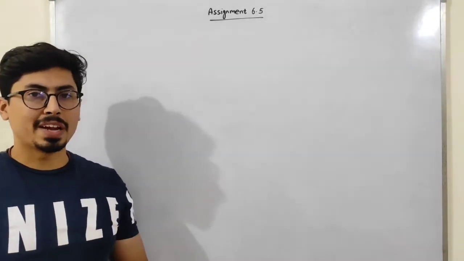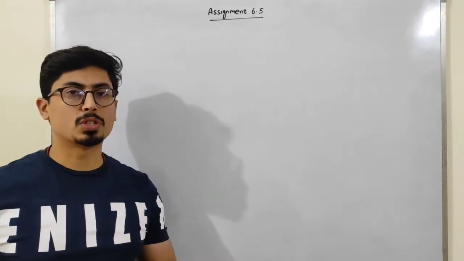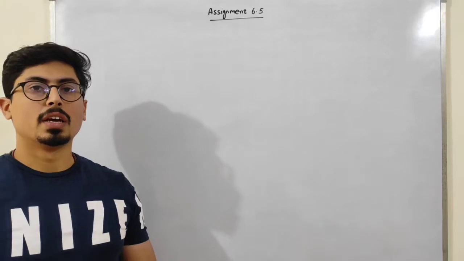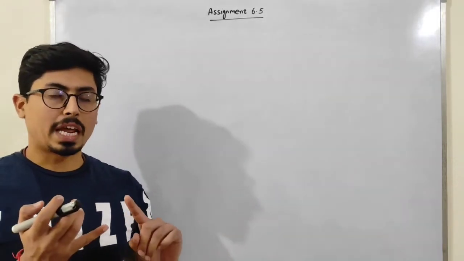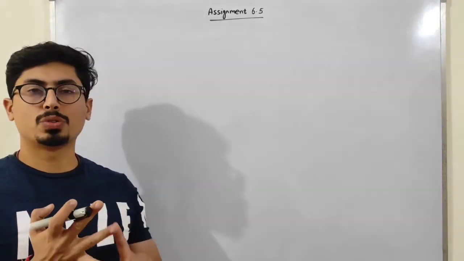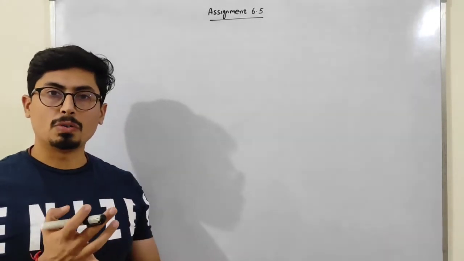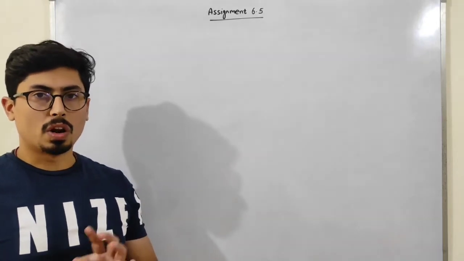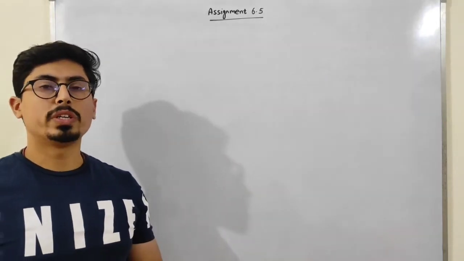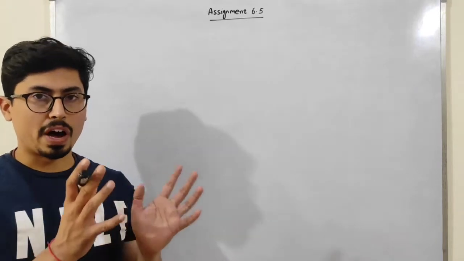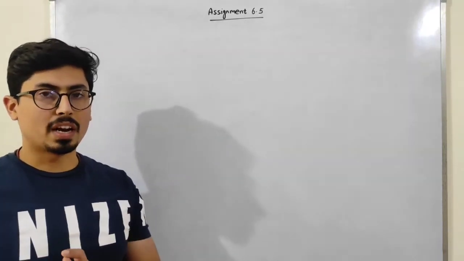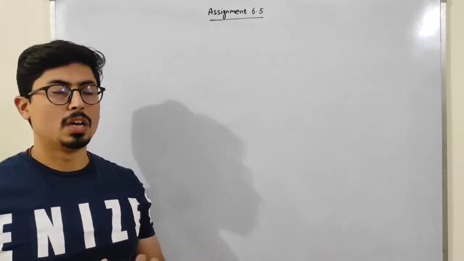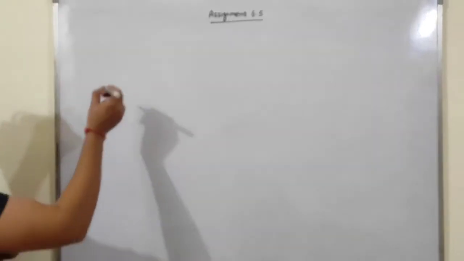Students, in our previous live class, we discussed some of the concepts of the chapter compound interest. We discussed time equals 2 years and time equals 3 years. We found the compound interest, the amount, the SI, and all other things also. Today we are going to discuss the concepts of half yearly and quarterly, and we will complete our assignment.